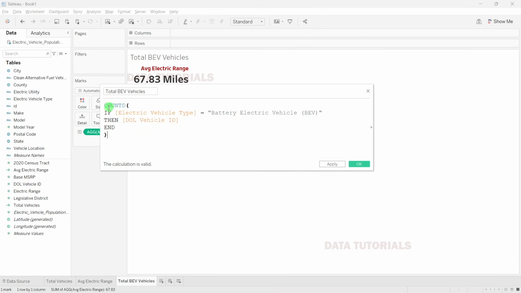So you can see it is valid. For this condition we are taking count distinct of total, or we can say DOL vehicle ID, for what condition? If this is equal to this. I hope you are understanding the condition. So if this is equal to BEV, then we want to find out the total DOL and its count distinct,